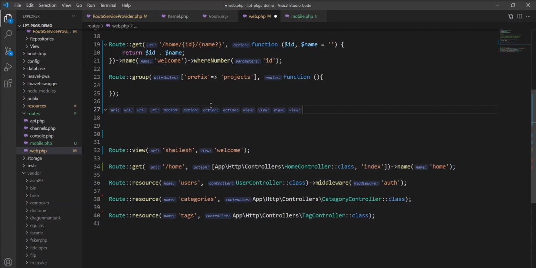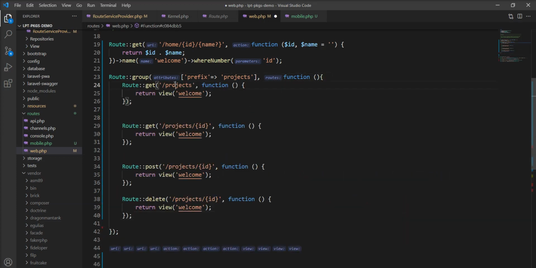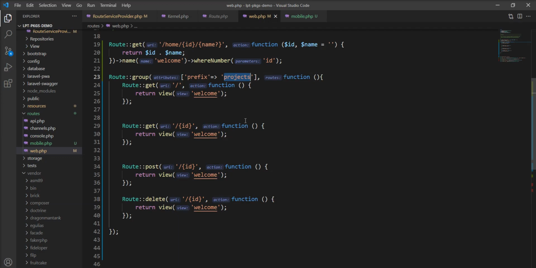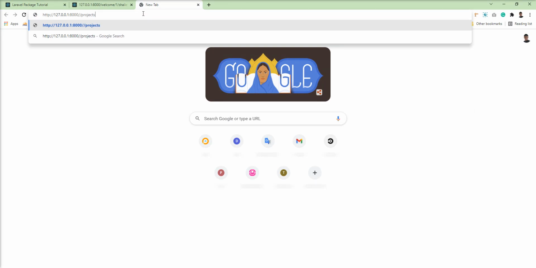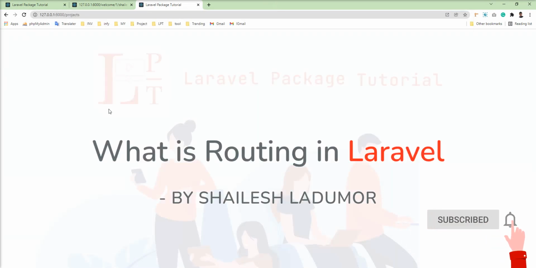So I'm going to remove it here and put it here, and now let's remove projects from every route, and let's try to access this project. Copy this path, add it here with projects, and let me remove this one extra slash, and you can see